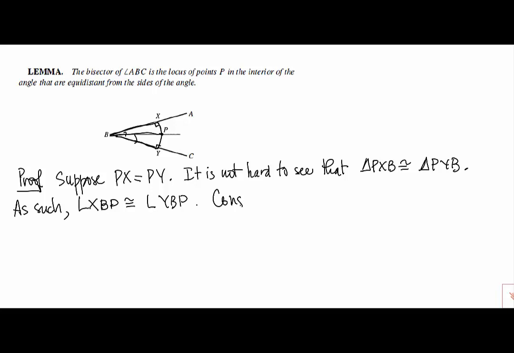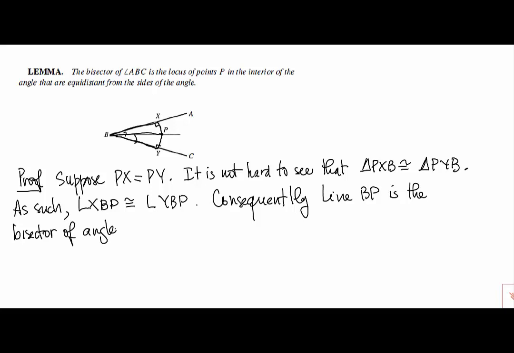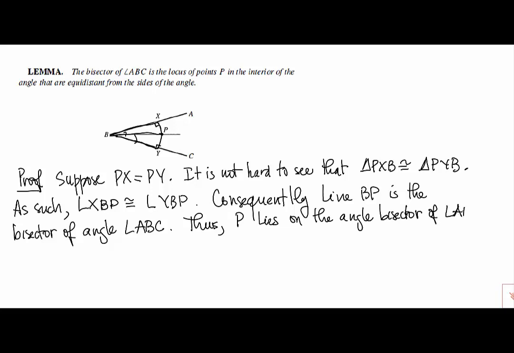So consequently, line BP is the bisector of angle ABC, and thus we can then conclude that P lies in fact on the angle bisector of angle ABC. Now for the converse,